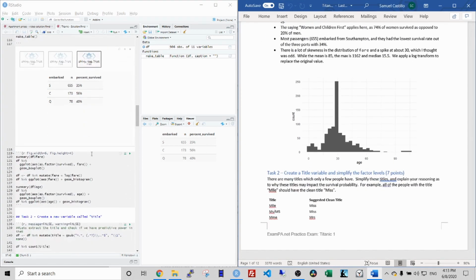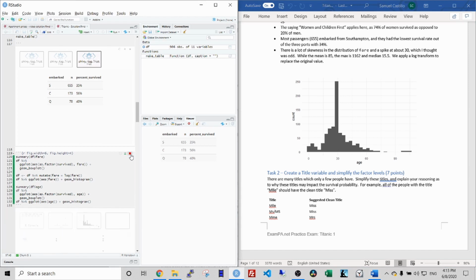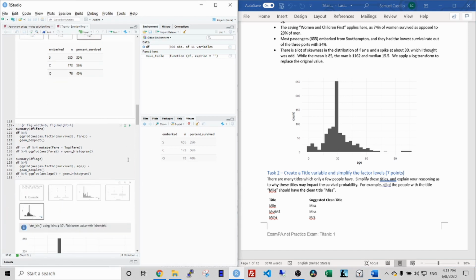By looking at the histograms, I can identify which variables are skewed, as well as look for potential outliers or other abnormalities. For instance, in the age variable, I note that there is a very high number of passengers who have a specific age of 30. I thought this was odd, and so I made a note of it. While the mean is 85, the max,